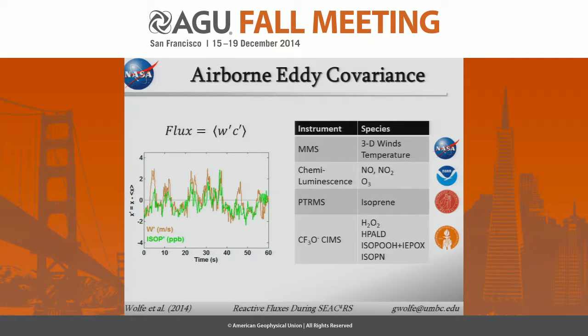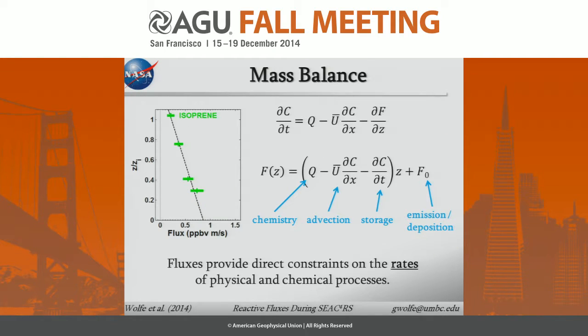The table on the right shows some of the species for which I've done these calculations, and the DC-8 is a giant bus. It has lots of great measurements, and I really have to thank all of the different groups that contributed to this work. And I want to stress that having this really complete set of measurements is critical for developing a self-consistent picture of the boundary layer. Okay, so what we're going to do is calculate one flux for each of those 4